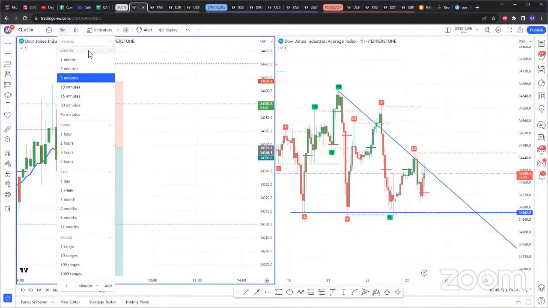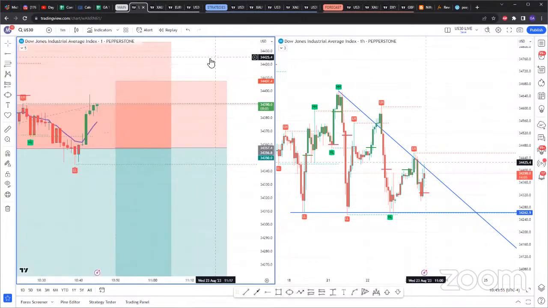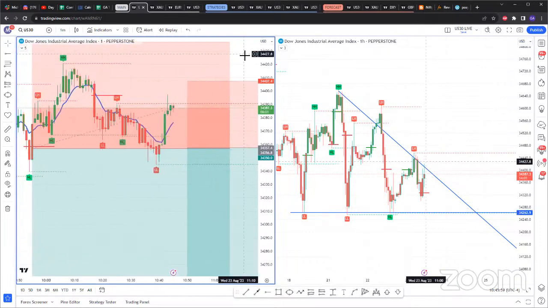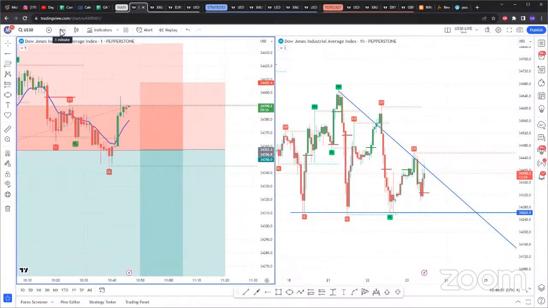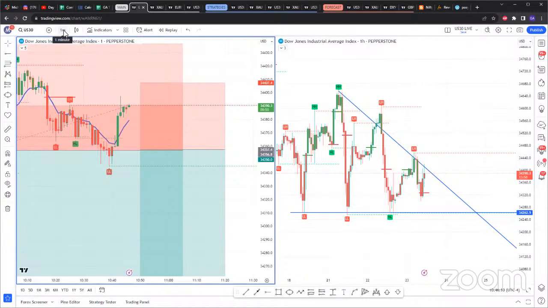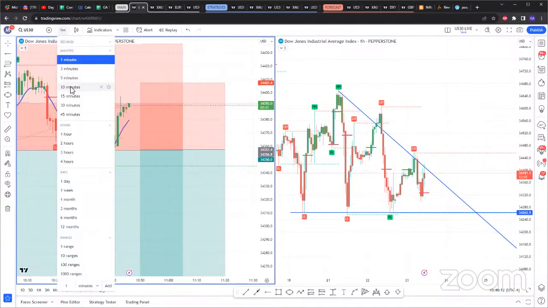Now, as much as the 1 minute could have gone to profit and ended up at break even, that shows the importance of using the 5 minutes. Sometimes you can see how the 1 minute failed, or I'm sorry, the 1 minute melted down. Somebody can be like, if only I'd taken the 1 minute, but look at this.